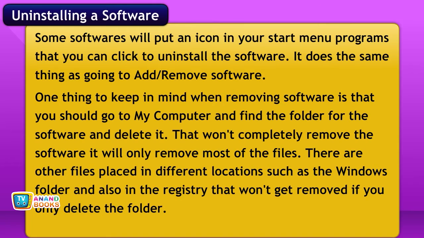One thing to keep in mind when removing software is that you should go to My Computer and find the folder